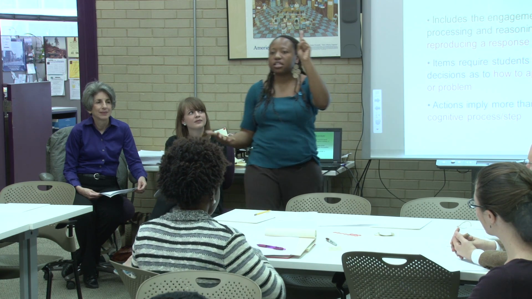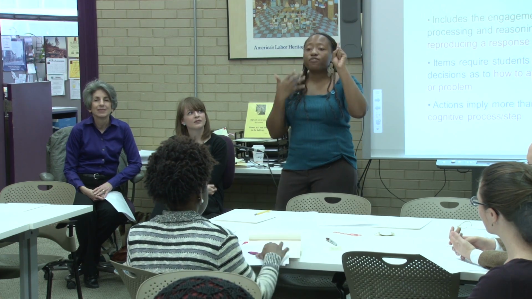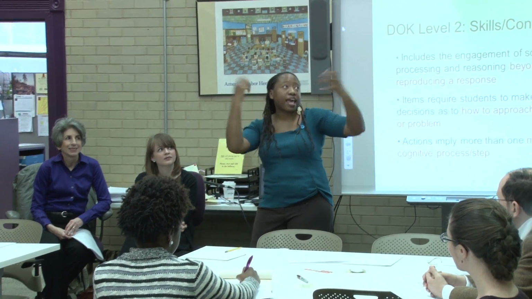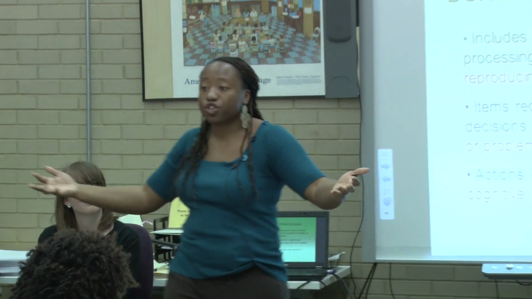That's one thing that you're going to constantly hear around this DOK: it does not matter how difficult the material is. Knowing the formula of how a star is made in the universe, knowing the formula is crazy. It's a crazy formula, by the way. I don't know it, but I assume that it's a crazy formula. Is level 1. That is very difficult. But simply knowing the formula is still level 1. Predicting, using the formula appropriately, using the information from that text appropriately to predict what will happen next, that's level